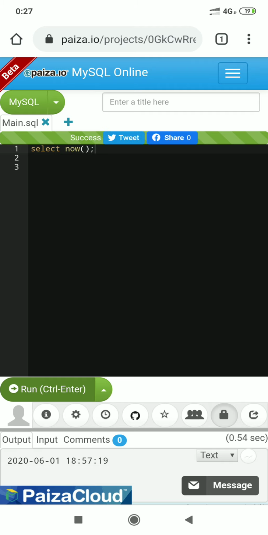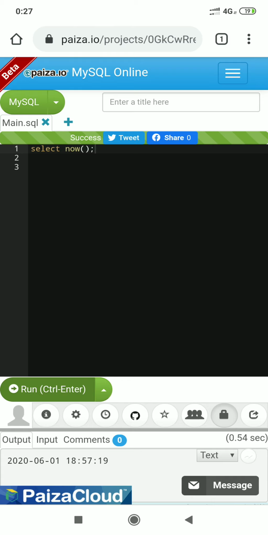Okay students, you are finding the result in the output window. Here this one is 1/6/2020, as per the time of execution of this query. The day is 1st June 2020 and the time is this one.